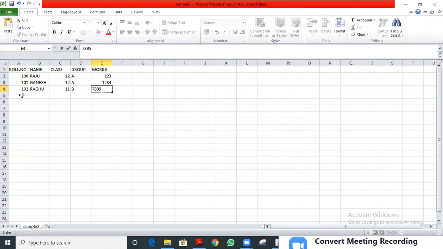And 103 we are manually entering in the file in order to show the record: Dinesh, 10th standard, C section, for example, and this phone number. That's all. We saved this data, and I just close it.